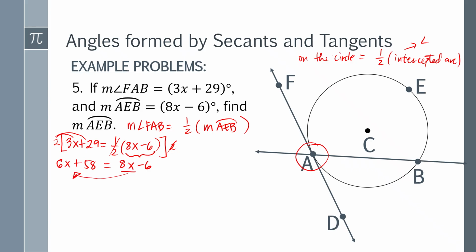Transpose 8x to the other side and transpose positive 58 to the other side. So 6x minus 8x equals negative 6 minus 58. Now, you have to simplify. So 6x minus 8x is negative 2x, which is equal to negative 6 minus 58, which is negative